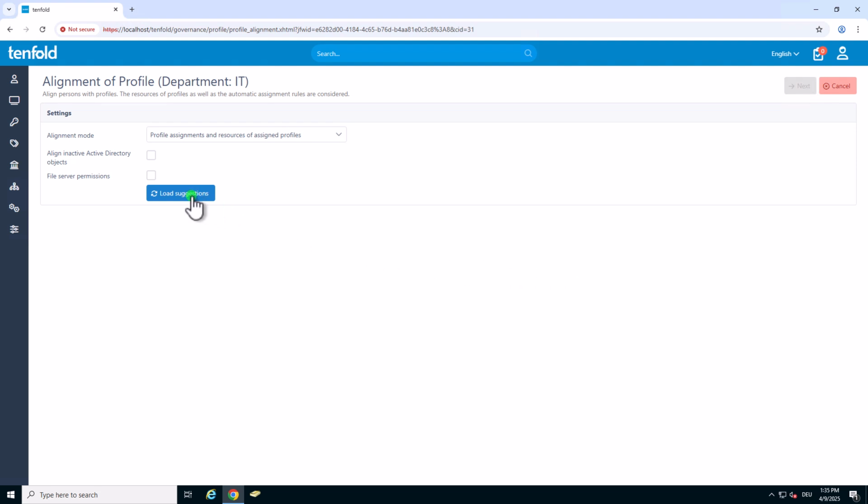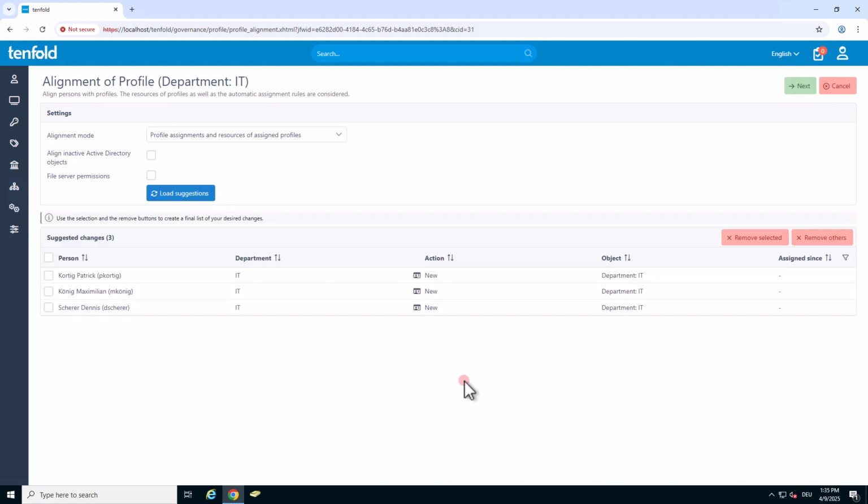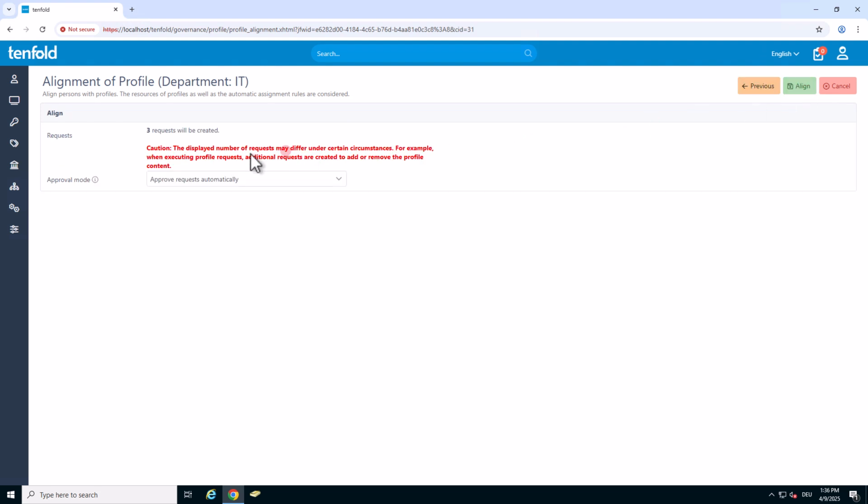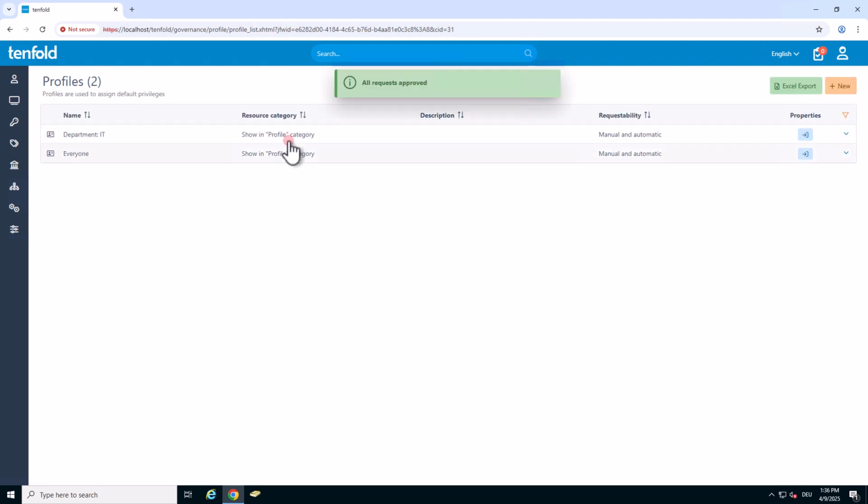Else the profile will only be added to a user if the user is newly created, or the user changes department in this case, or if the user fulfills the new condition. After you hit next, Tenfold will automatically create 3 requests, assigning the profile and its content to them.